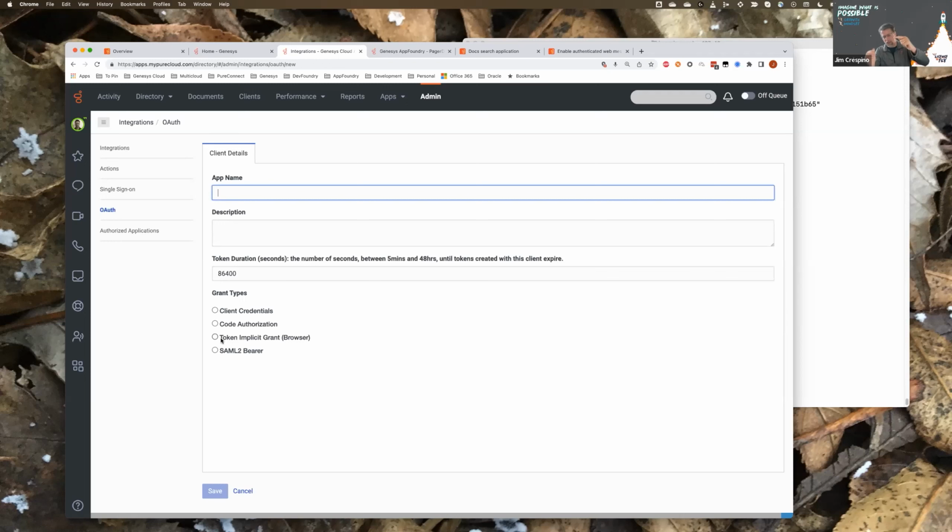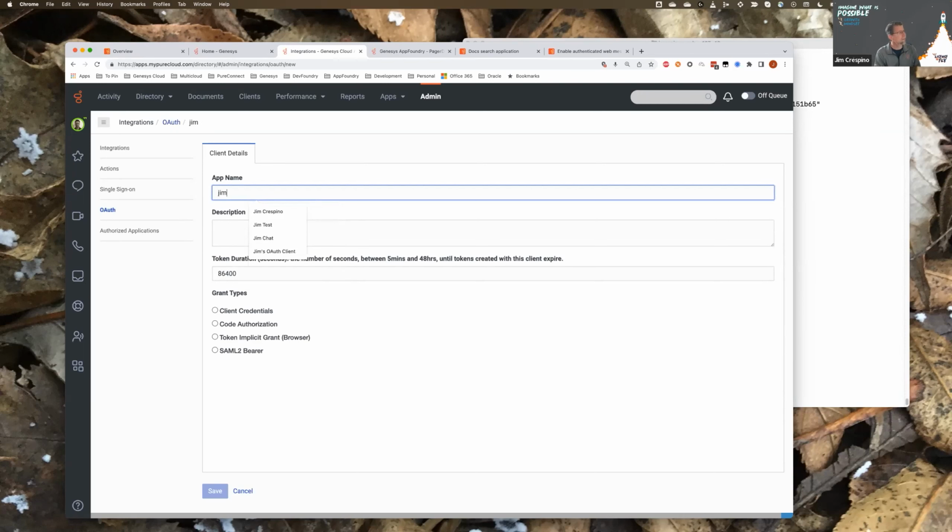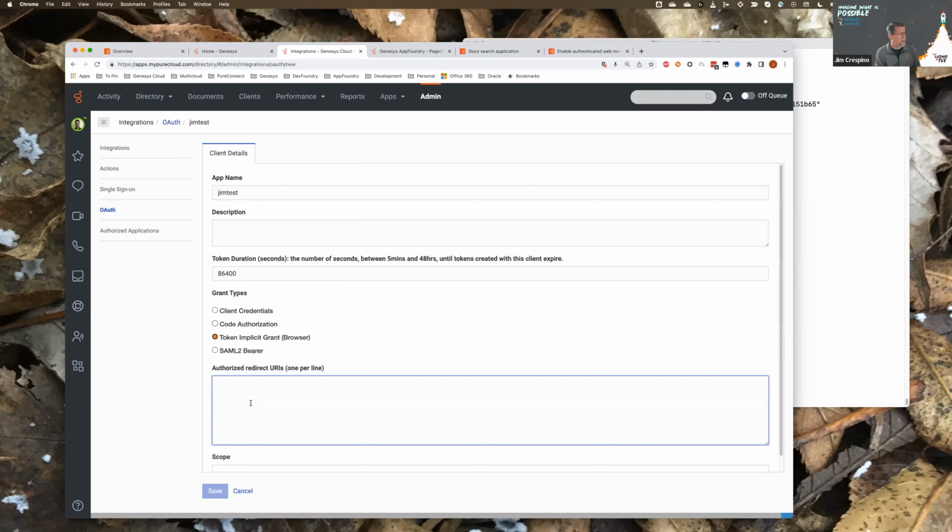When they're transferred to Genesys Cloud, there's a redirect URL that is sent along with it, so that once they authenticate, Genesys Cloud can pass them back to the original site or the original page on an implicit grant. And we need to know the URL to pass them back to. And so if I do just an implicit grant, I would want to put in usually HTTPS. It doesn't have to be, but usually some secure site because they just logged in.